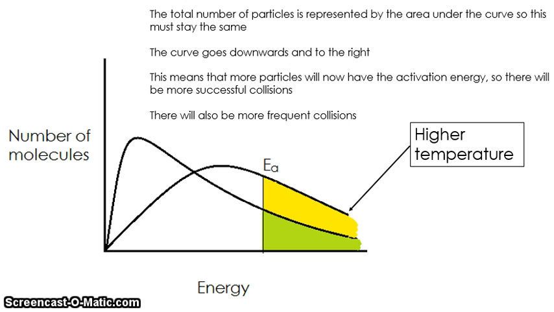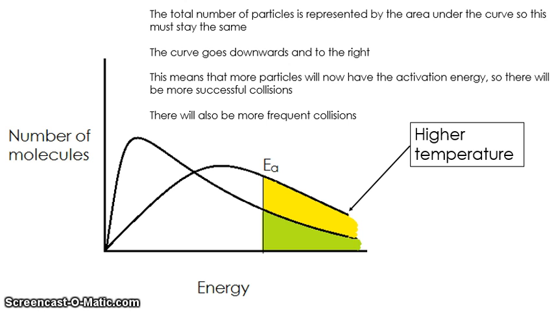So, as I said before, the total number of particles is represented by the area under the curve. So if we increase the temperature in a system, we're not changing the number of particles. So therefore the area under the curve has to stay the same. Okay, so you'll have to give me a bit of leeway with my diagram here, because the area under